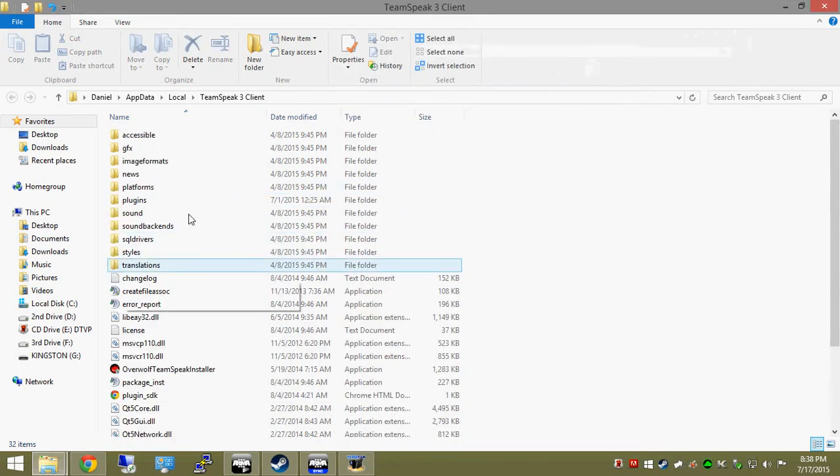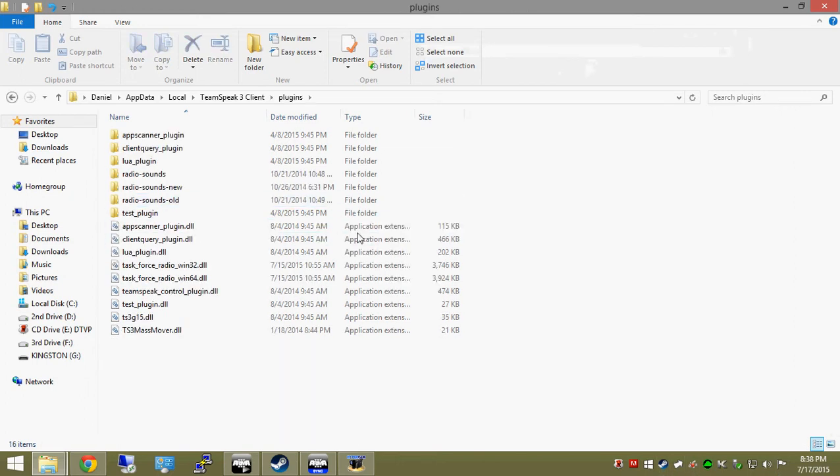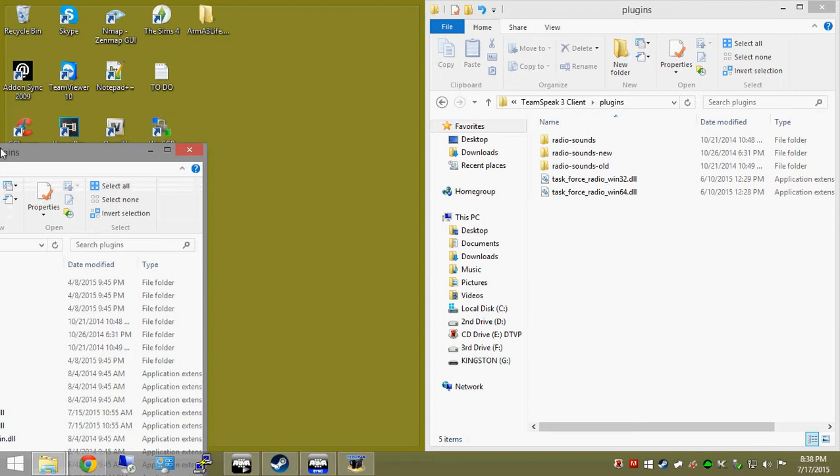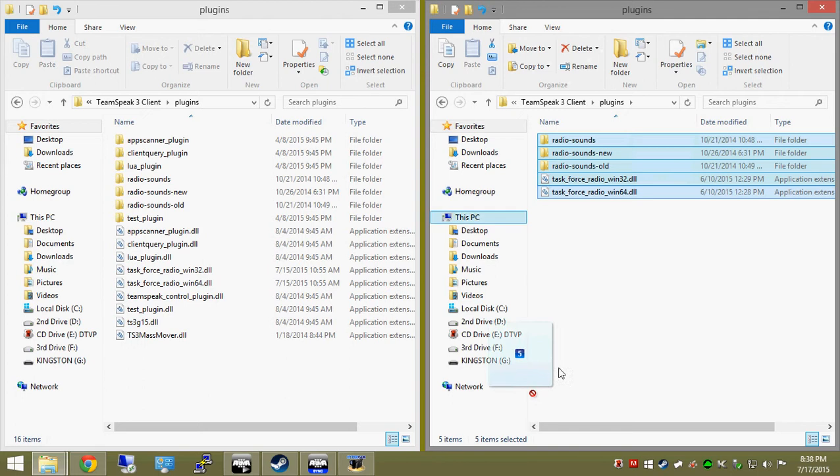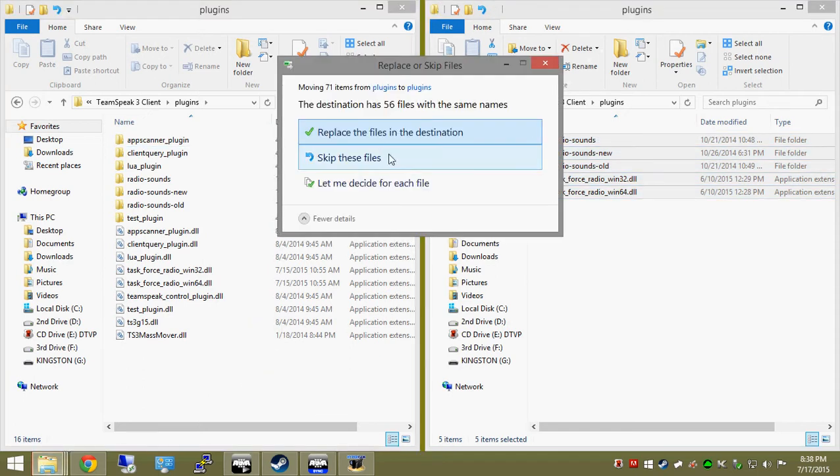It'll open this. Put in %appdata%. It'll open this in a new folder. But instead, you're just going to click the AppData button, back one, and then go to Local and TeamSpeak 3 client. You may have it in your regular Program Files (x86)